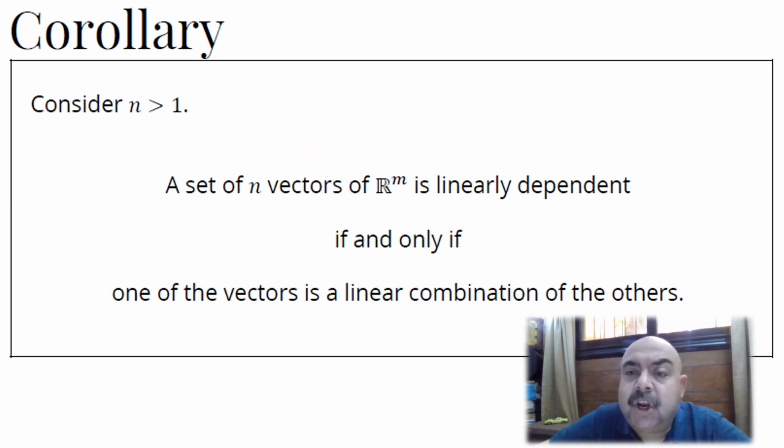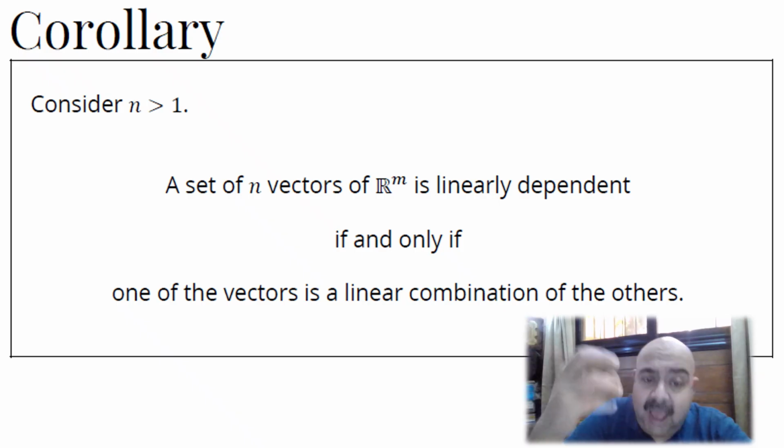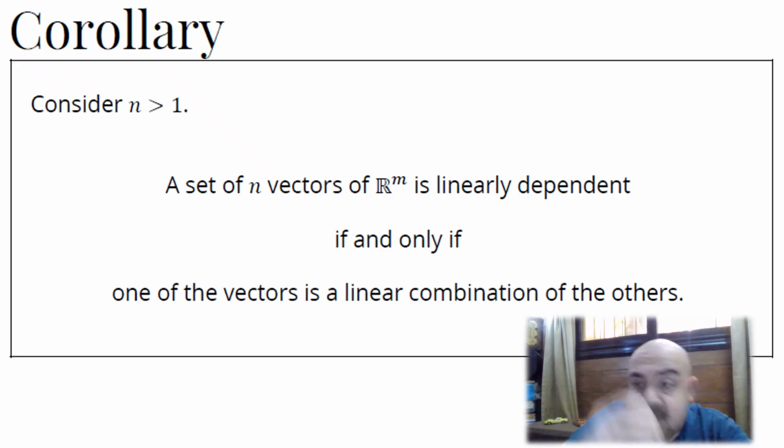What's a linearly dependent set? It means one of the vectors can be generated from the other bunch. Let's say, consider n is greater than 1, so I have more than one vector. A set of n vectors of Rn is linearly dependent, meaning they depend on each other, if and only if one of the vectors is a linear combination of the others, which means you can find k1, k2, kn, not all of them equal to 0. In this case, they will be dependent. To shed light on this fact, I will do